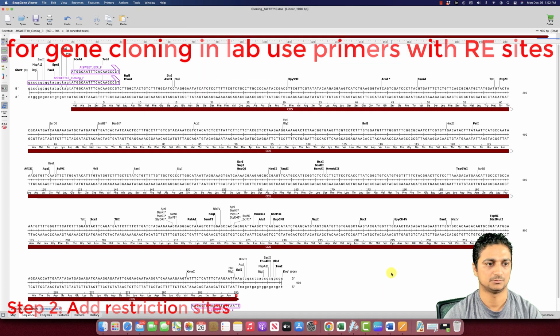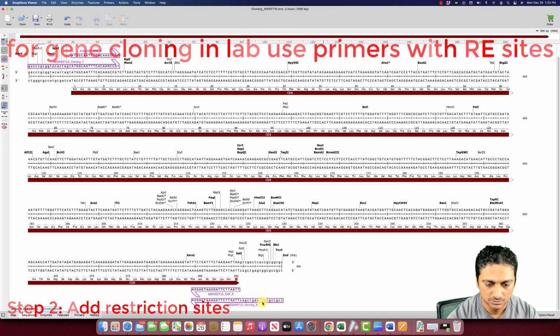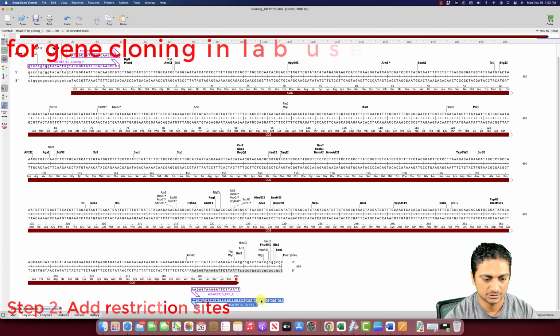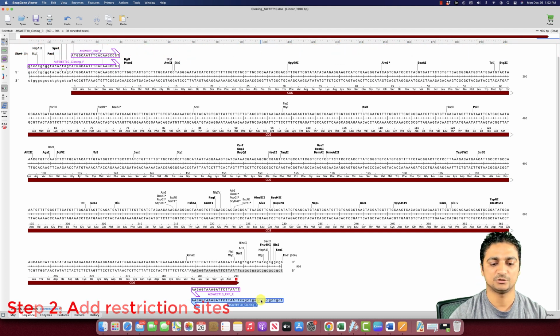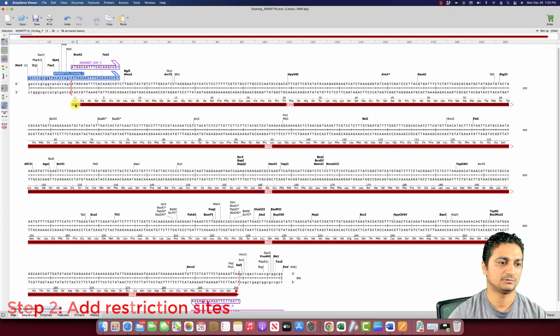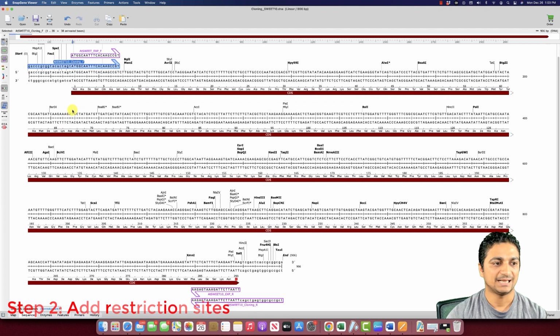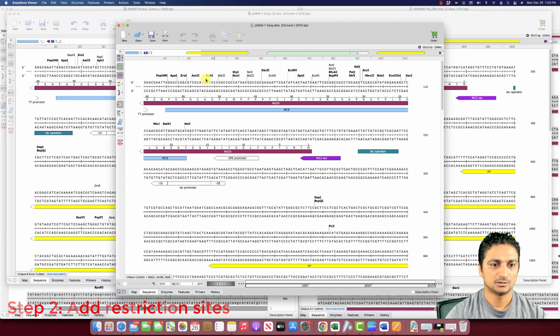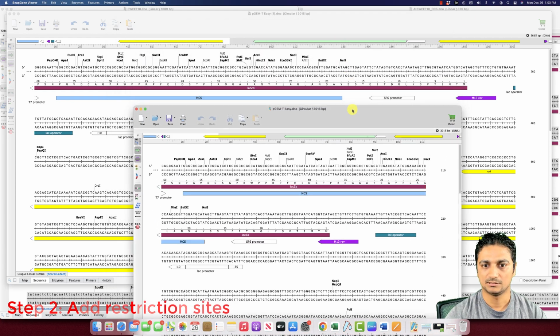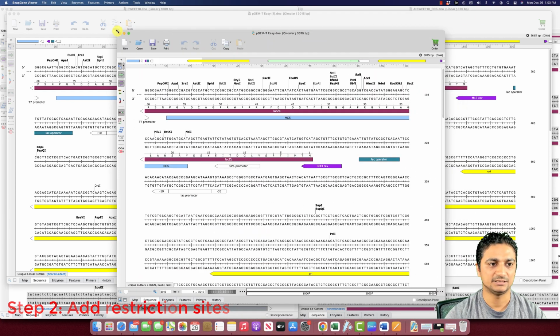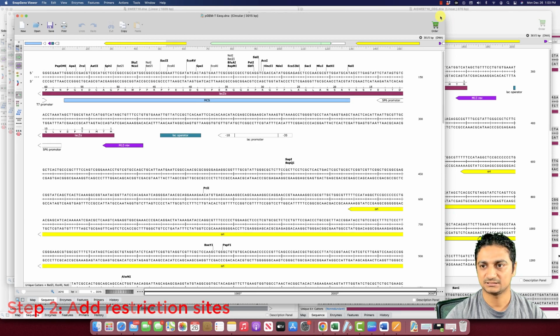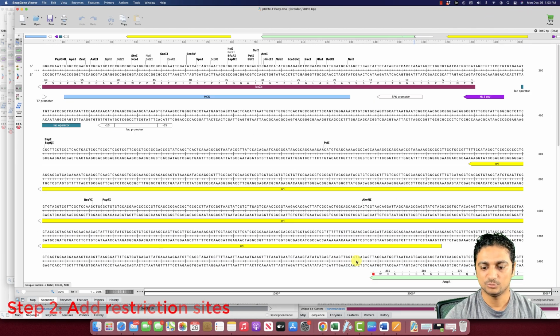Okay, now we are ready to clone. So this is going to be our, we copy this one and order the primer. This is going to be our reverse primer, and this is going to be our forward primer. Then after we have this primer, we are going to amplify the fragment, this fragment we have. Then we can amplify any gene or CDS sequence with the restriction site, and then we'll be able to clone